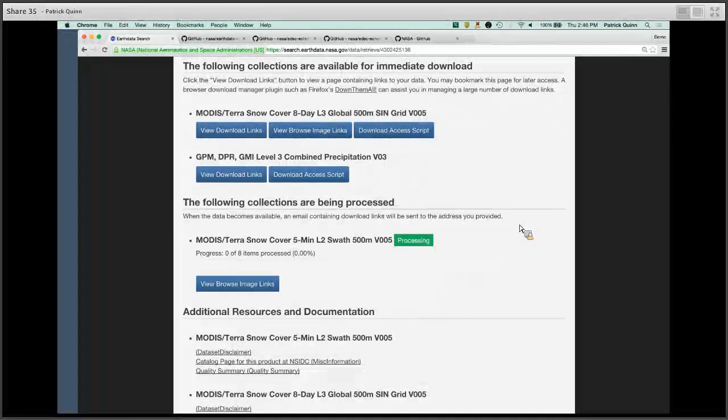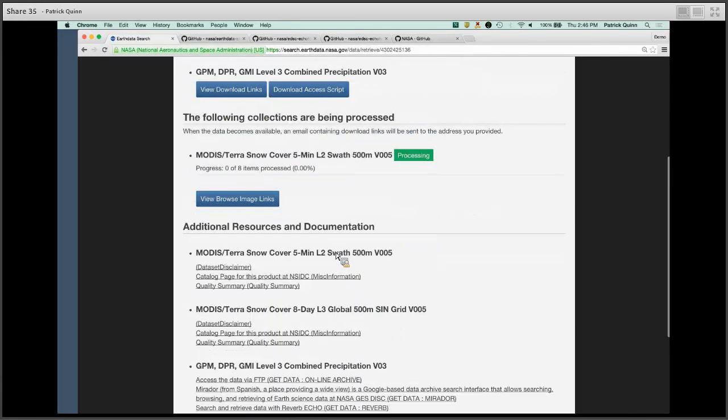Okay, the one that I chose to format, convert, and reproject down here is processing. There's some work to be done on the back end before I can actually get those files, so we show a progress bar as that processes. And then